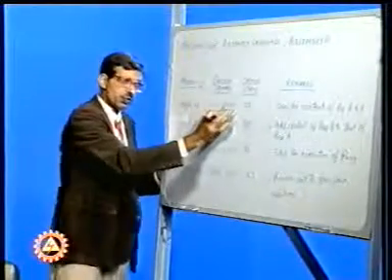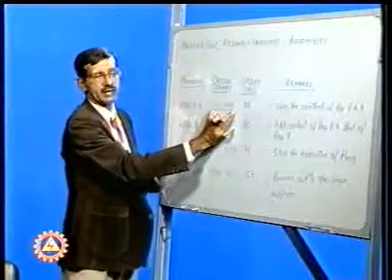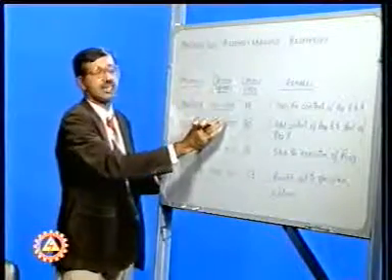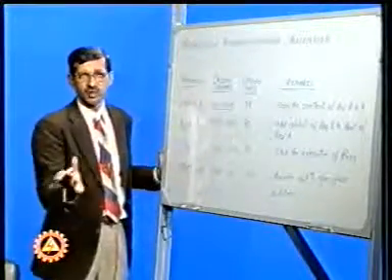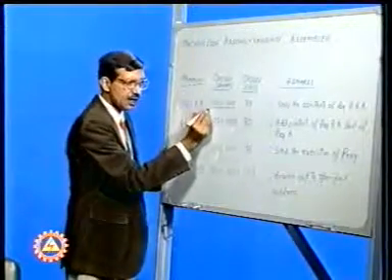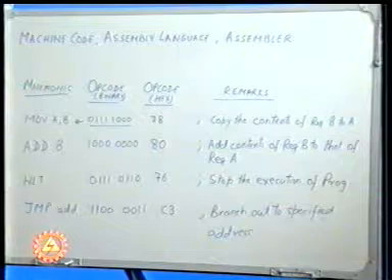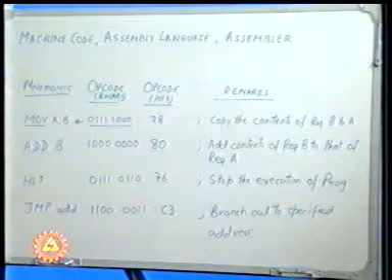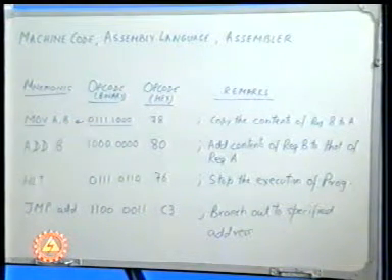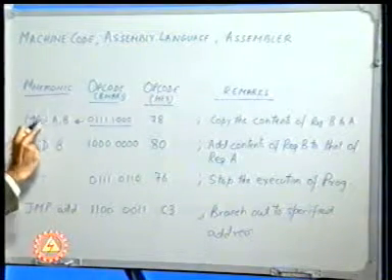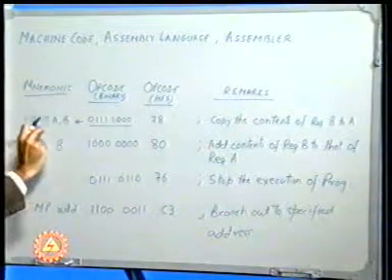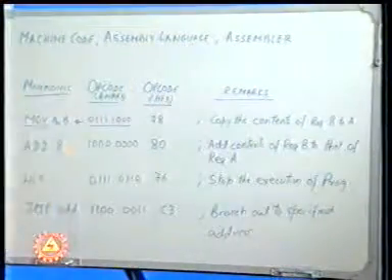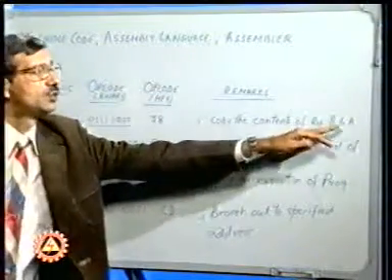Now, we know that this combination of binary digits will perform a particular function. But remembering such combinations is very difficult for anybody. So what has been done is a mnemonic has been associated with it. The mnemonic indicates the action which is desired to be carried out using the instruction. Here we have MOV A, B. This is what is required to be done, that is, copy the contents of register B to A.